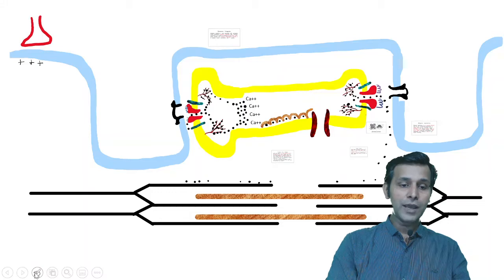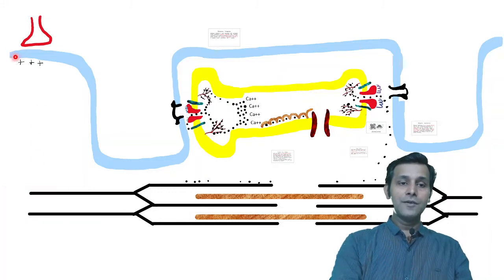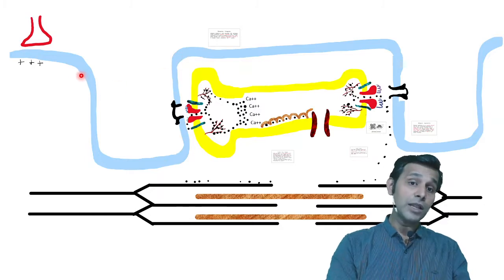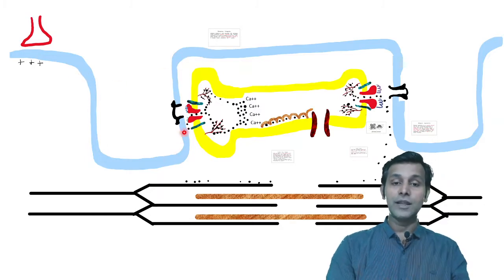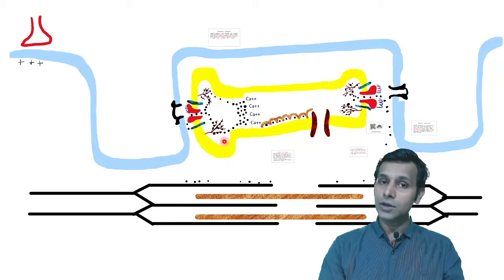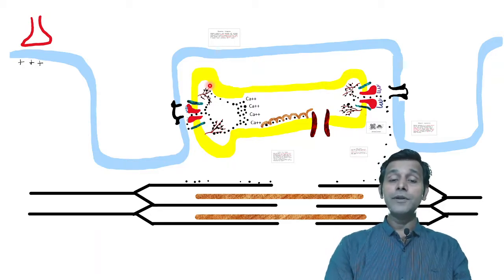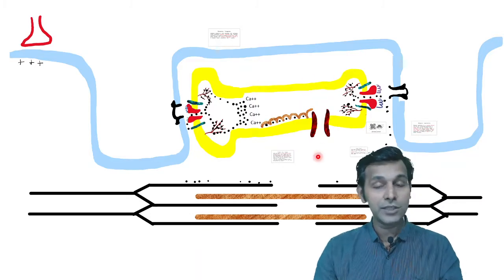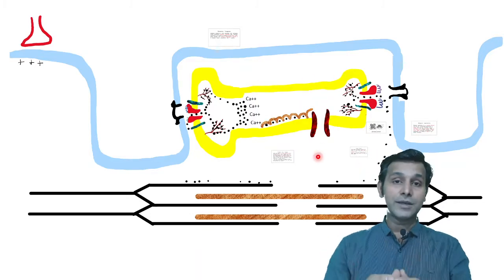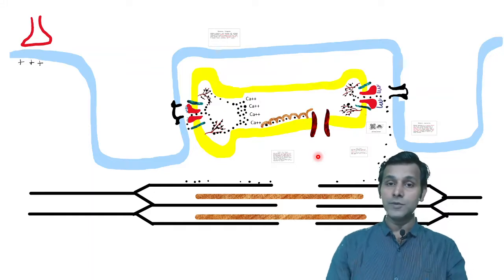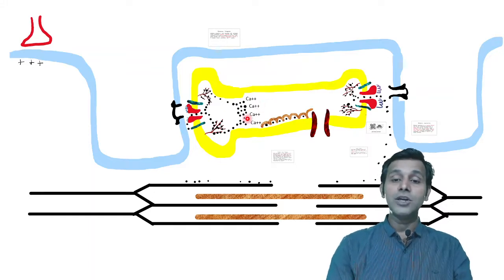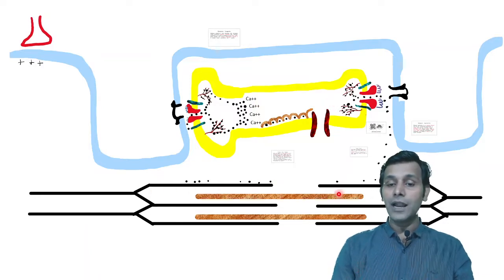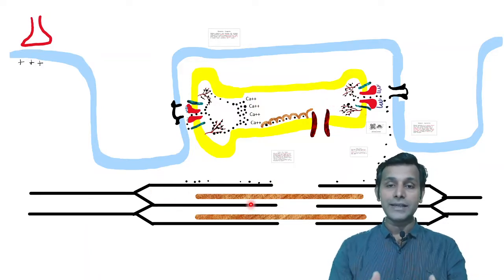Yes, what we have in EC coupling is a sarcolemma, which is the membrane of the muscle fiber. The sarcolemma is folded, or you can say there are invaginations in the sarcolemma called T tubules. Between two T tubules, we have longitudinal tubules called L tubules, which are nothing but the sarcoplasmic reticulum, a modified endoplasmic reticulum. We have calcium ions which are stored in these L tubules. We have actin and myosin filaments which do the function of contraction.